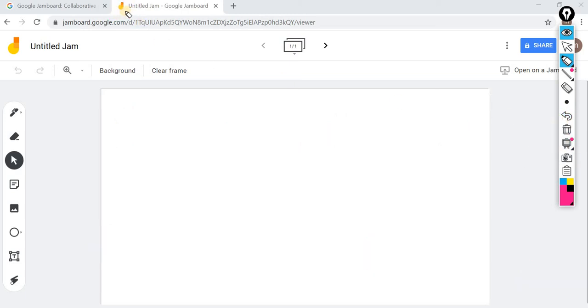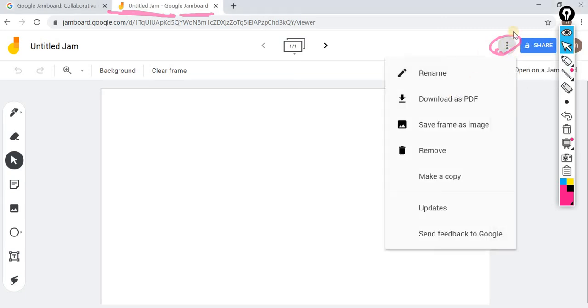Now you can see here that it is untitled jam. You can rename it afterwards, or you can rename it even in the beginning. Now if I do like this, I cannot use these buttons. So what I need to do, I have to go to the cursor again. I am coming from pen, highlighter, all these options that are available here. I have to come to the cursor option. Now I am using it for renaming, but even this box is not good, so I will just delete it. Okay, now again I am coming to this.